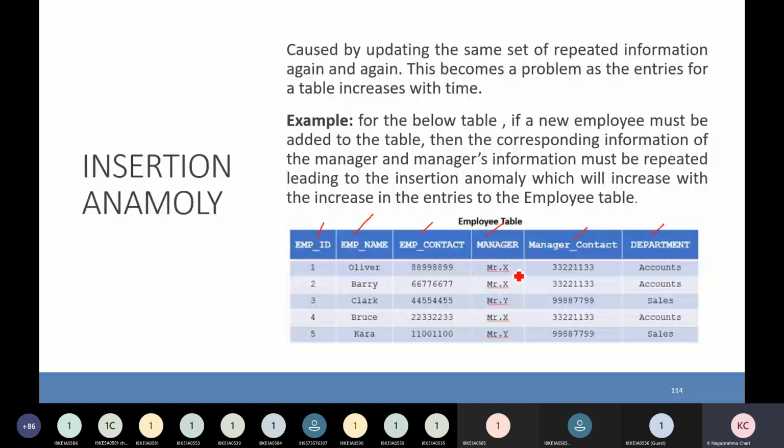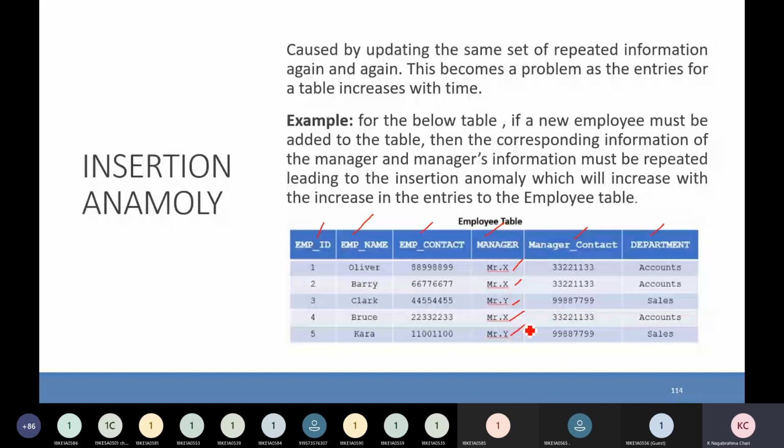Here Mr. X is added in the first row and Mr. X is added in the second row, because the manager is repeated again and again: Mr. Y, and again Mr. X, and again Mr. Y. So Mr. X is repeated 3 times, and Mr. Y is repeated 2 times.